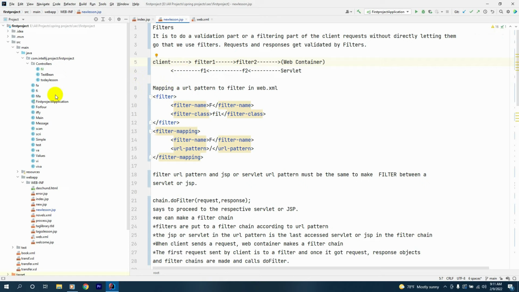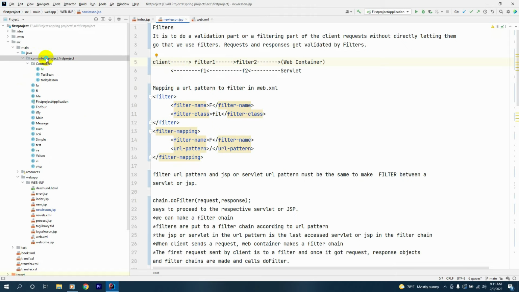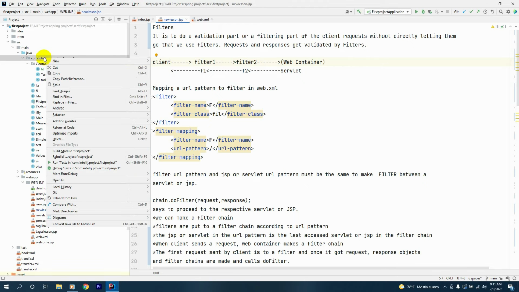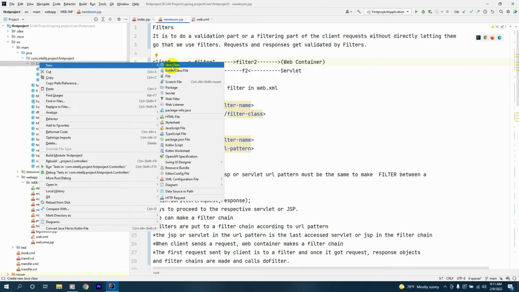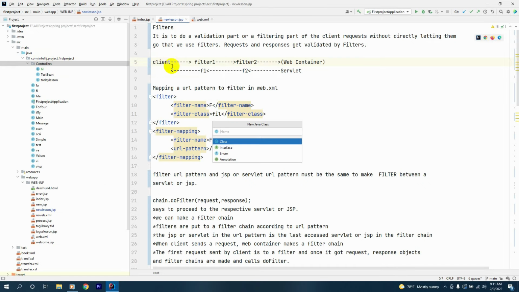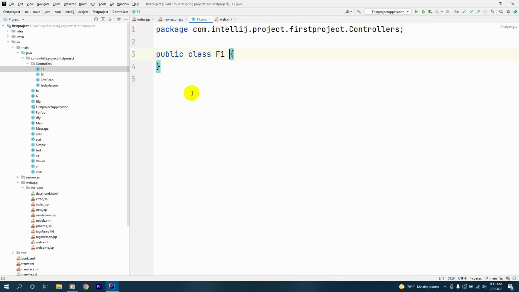Now let's see how to make a filter in Java. In the controllers, we'll make a new filter class. Let's call this class F1, and inside the class what we'll do is we'll implement